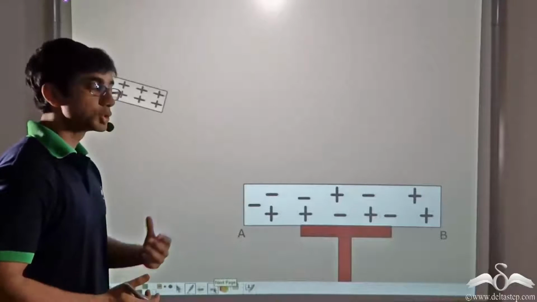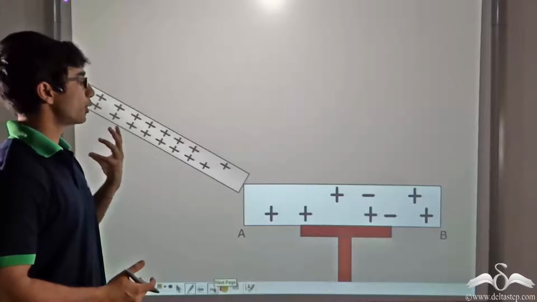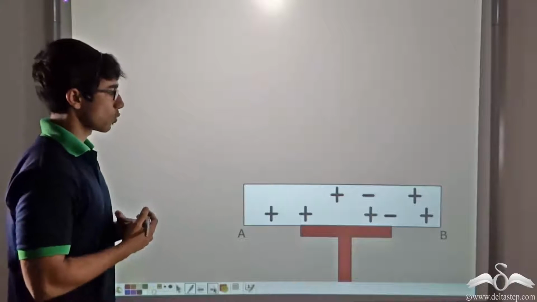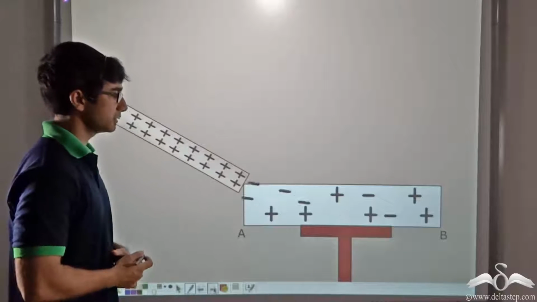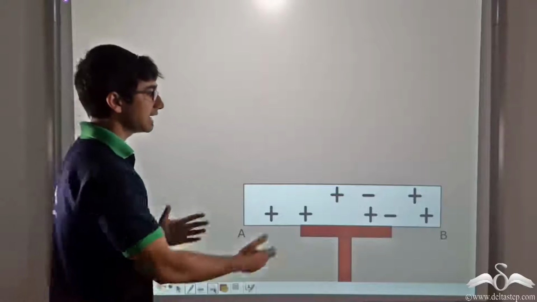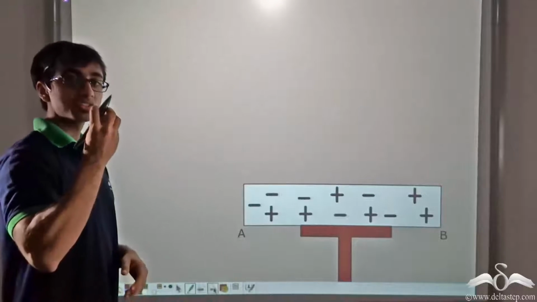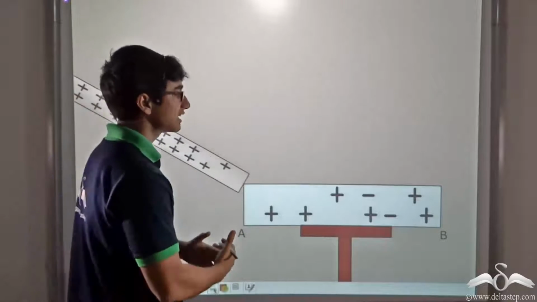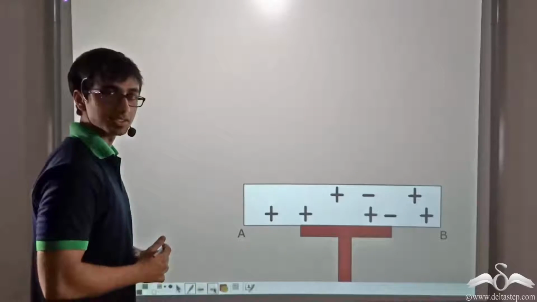As you can see, the conductor AB is getting negatively charged once touched with the rod. Similarly, this neutral conductor AB can be charged positively. We bring a positively charged rod and touch it with conductor AB. Electrons move from AB into the positively charged rod and AB becomes deficient in electrons. That is, the number of electrons decreases and the number of positive charges left behind becomes more. As a result, AB becomes positively charged.